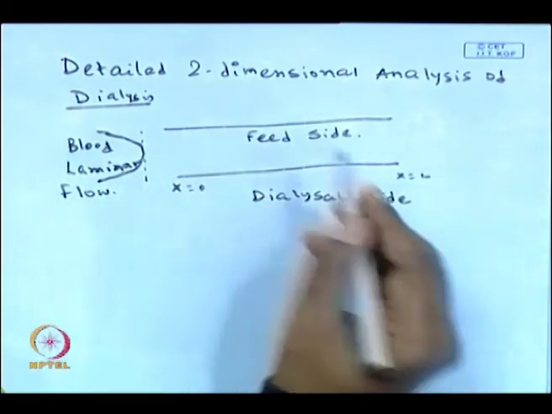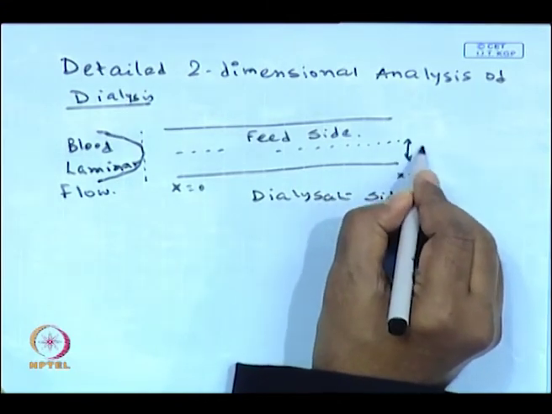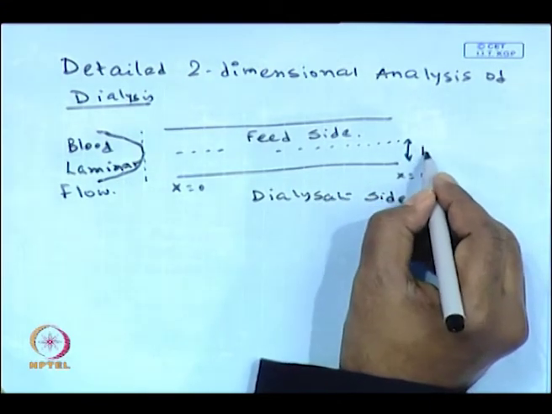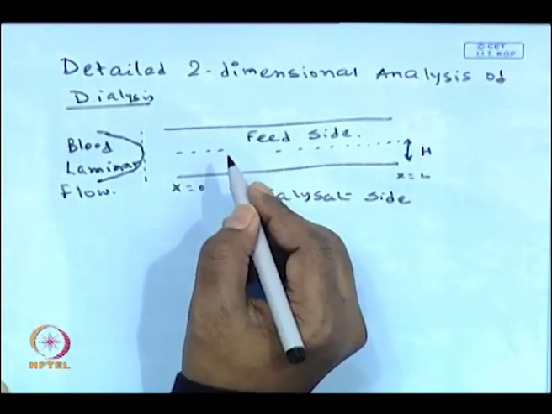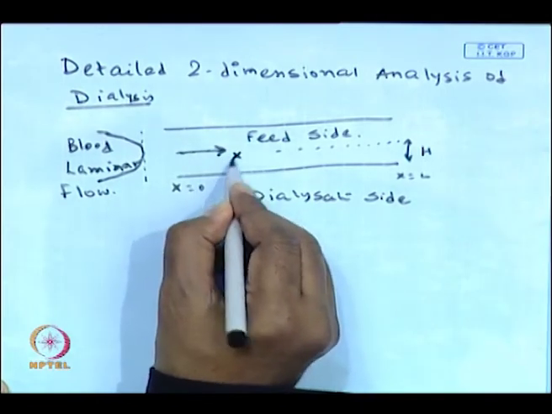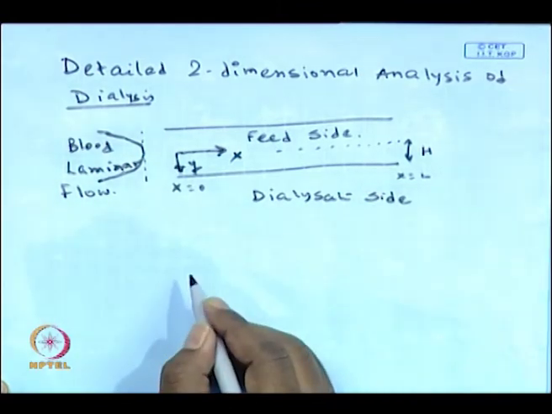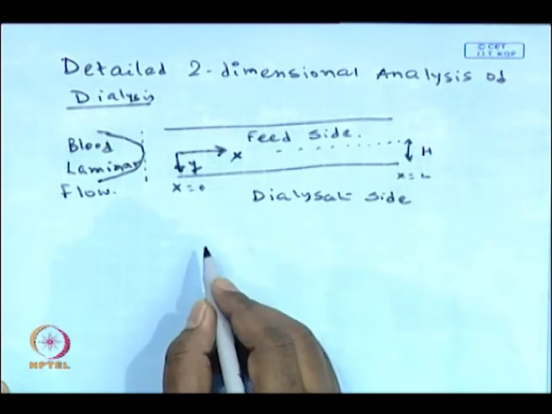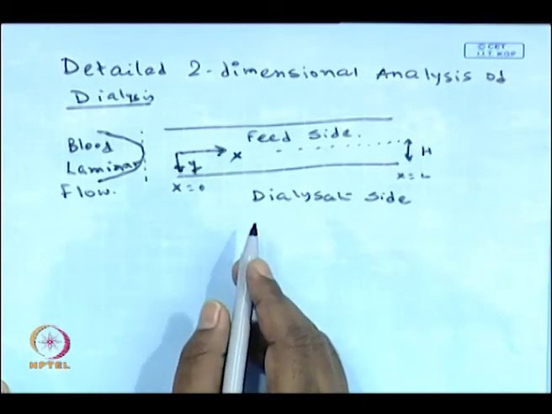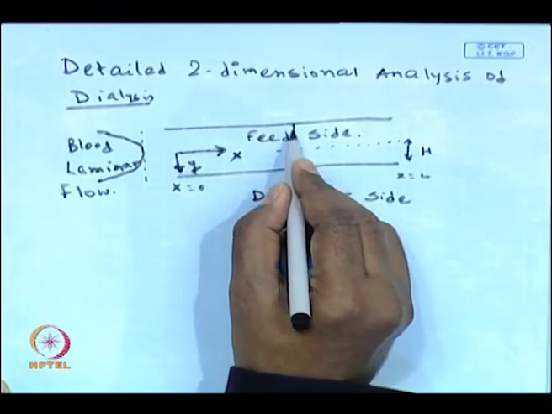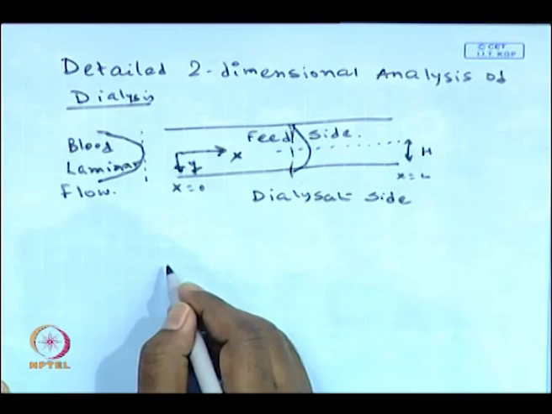Okay. This is the half channel height. Let us say this is H, and we set our coordinate system in this case in the middle of the channel. That will simplify our life as far as the mathematics is concerned. So, that is in the center, and the concentration profile is also a parabolic one. If you solve, you will be getting a more or less parabolic concentration profile.